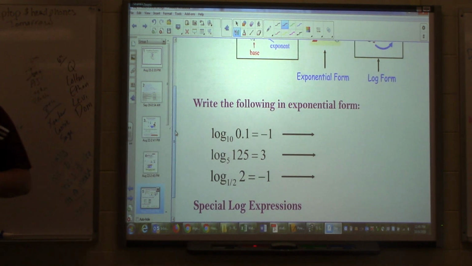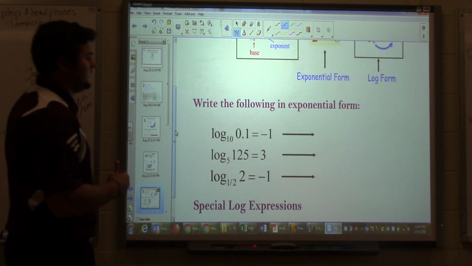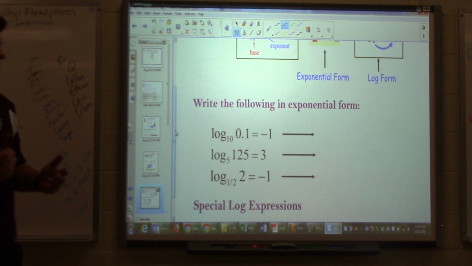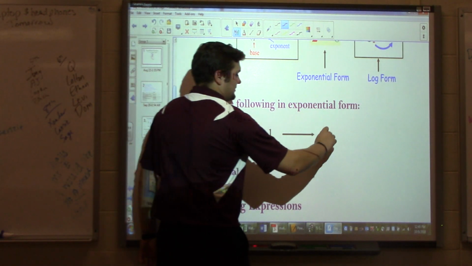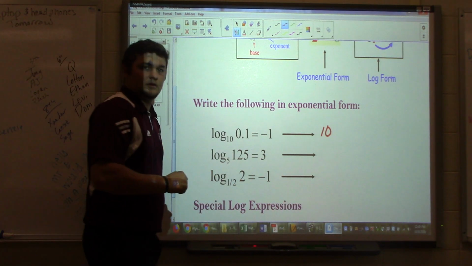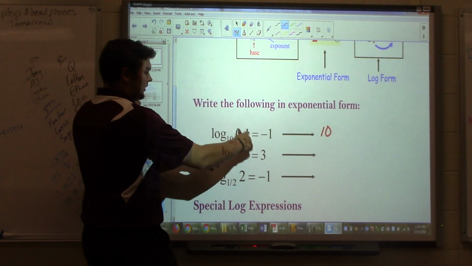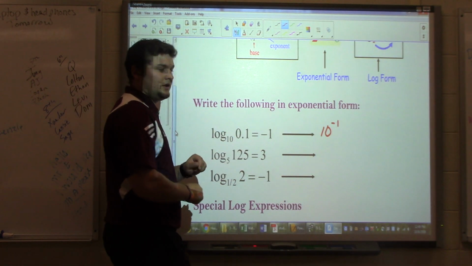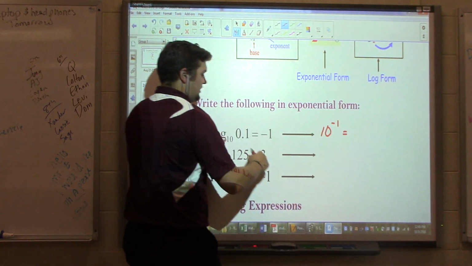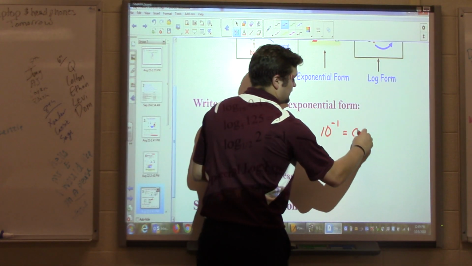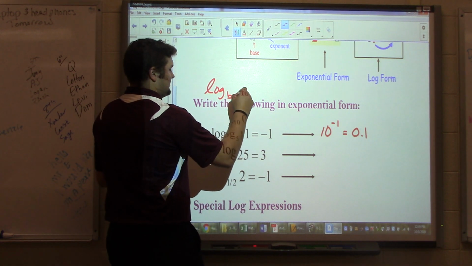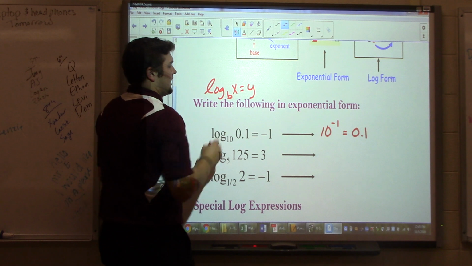Alright? So if I have log base 10 of 0.1 equals negative 1, I want to change it to an exponent. The base of my log, 10, is going to be the base of my exponent. What my log equals is my exponent. So now it's 10 to the negative 1, and it equals what I took the log of, 0.1. Right? I'm going from log base b of x equals y